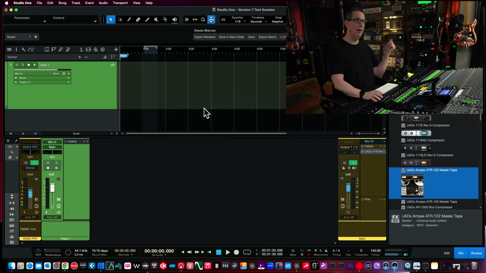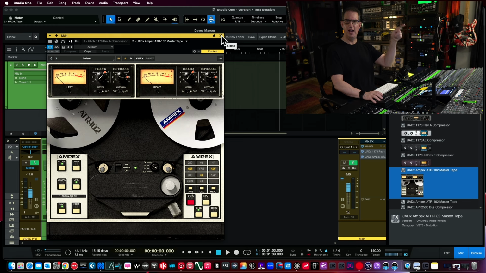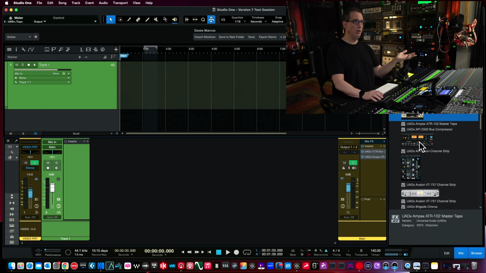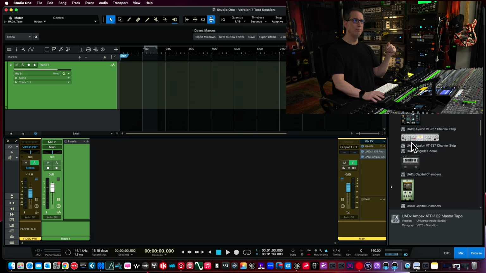We already talked about the ATR 102. This is now a native plugin. Highly recommend this. What else? API 2500 Vision Channel Strip. Here's another one that I have, but